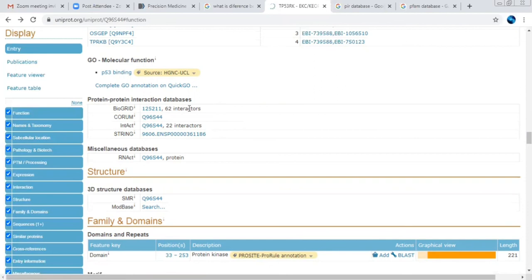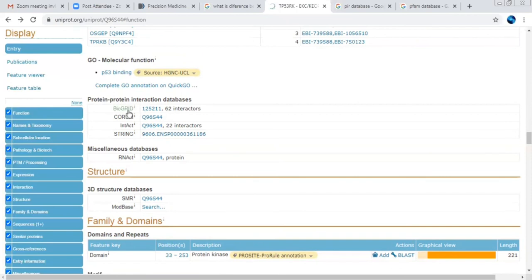The next step will be to see what other proteins interact with this particular protein which we have searched. That's why there is a need to know the protein-protein interactions. So that link has also been provided to you.